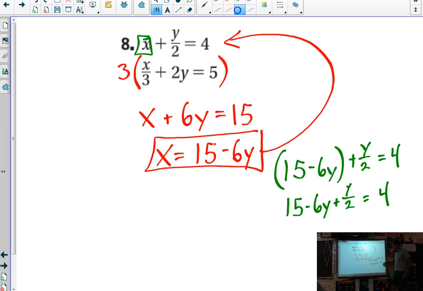I'm going to go ahead and combine, well, no, I won't do too much at once. I'm going to go ahead and use just all fraction form, because I got to add a half y. I'm at negative 12 halves. Add a half, I'm at negative 11 halves y. You could use decimals, it doesn't matter. It's just nice to deal with fractions because then getting rid of the fraction is easy. If I subtract my 15,